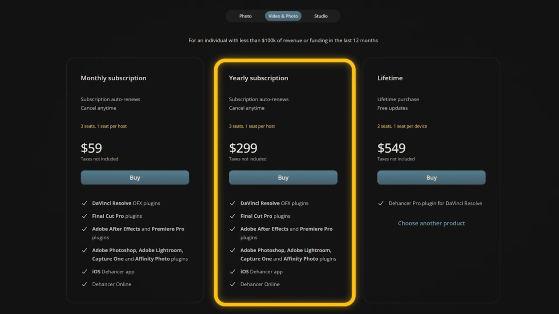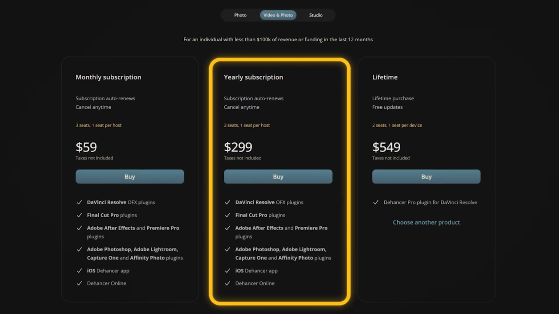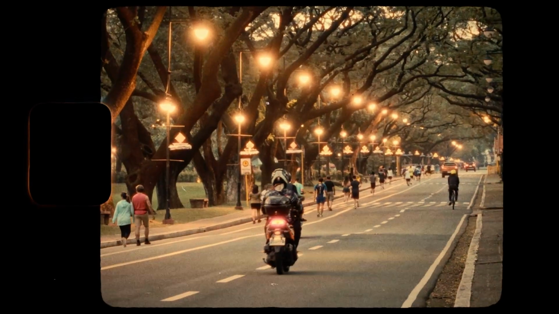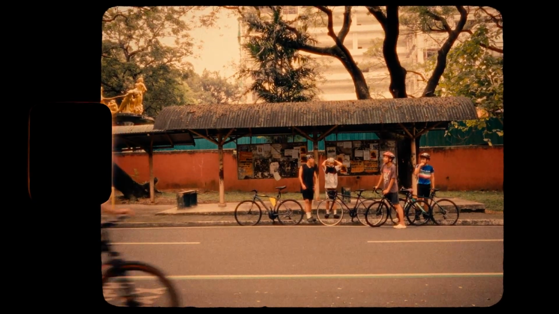For me, Dehancer is built for professionals. If your work demands an authentic analog look, it's worth every penny. At $299 for a yearly subscription, Dehancer isn't exactly cheap, but it's an investment. The depth and flexibility it brings can easily replace a shelf full of LUTs and plugins. It's designed for creators who want full control over their image and are willing to dive deep to get it